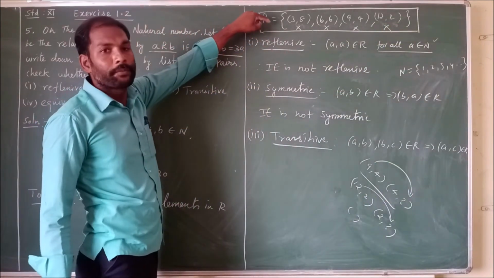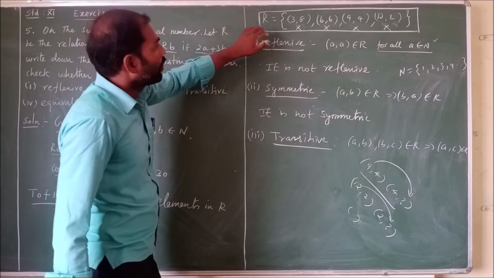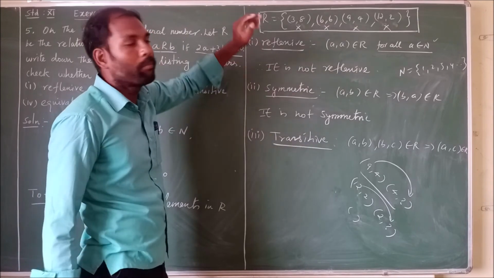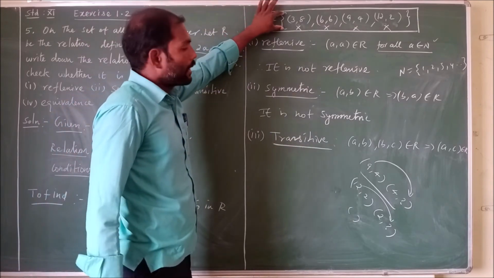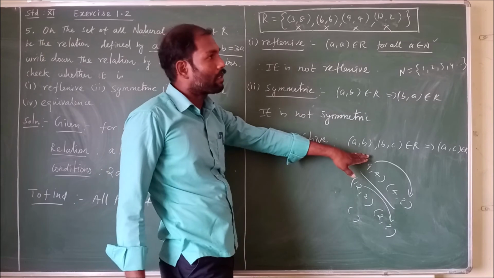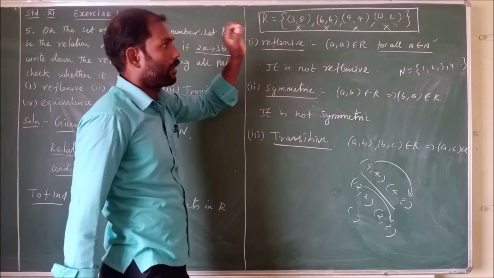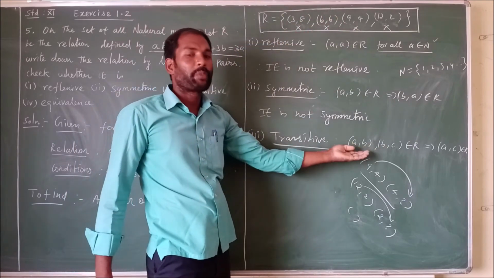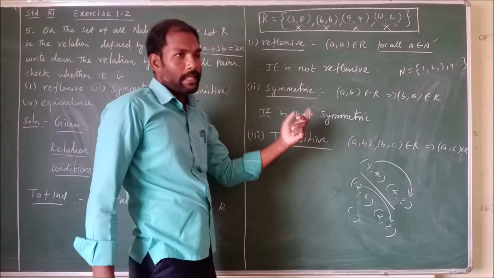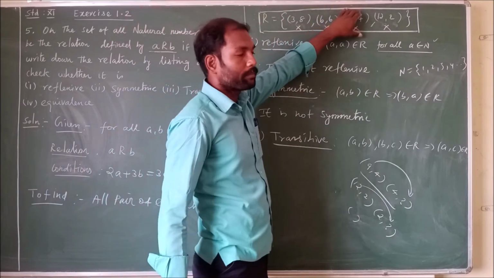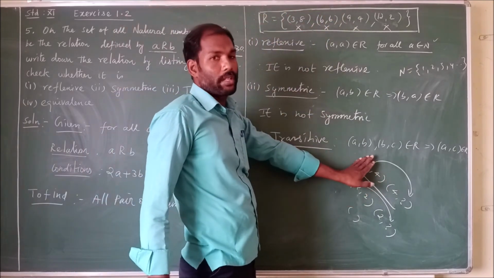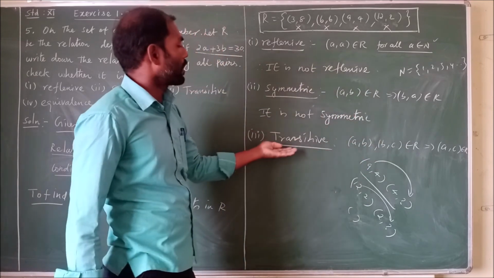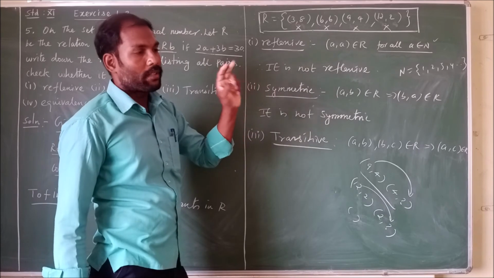It is clear that we conclude with the basic definition of transitive. There are two types of cases: if all pairs satisfy this condition, it is called transitive. If all pairs do not satisfy this condition, it is also transitive. Two definitions for transitive.